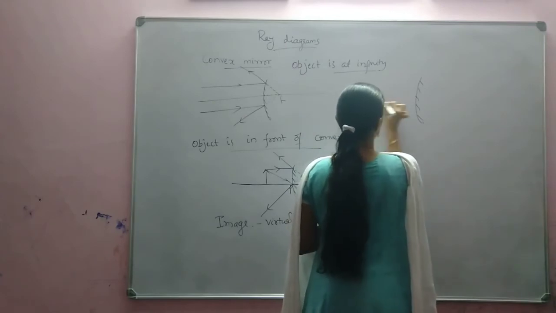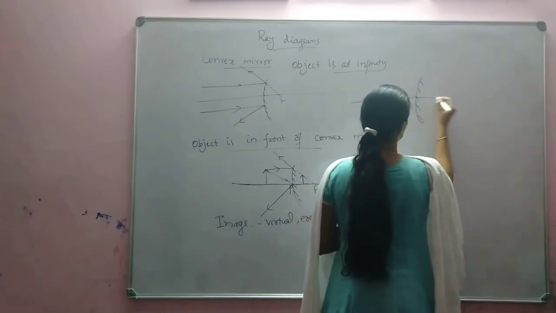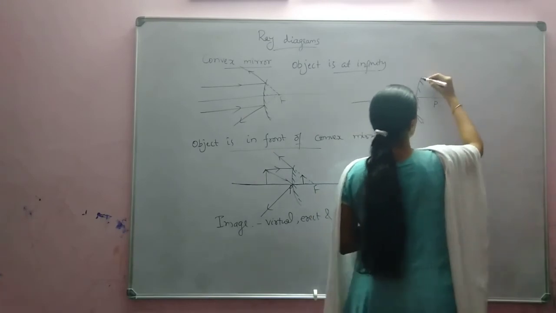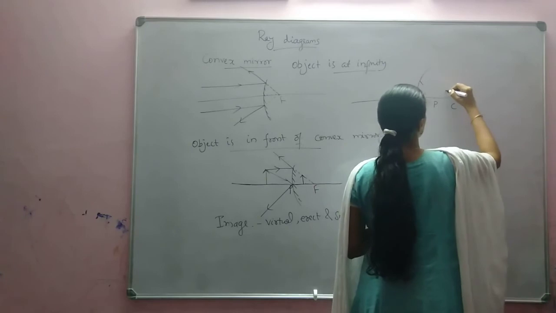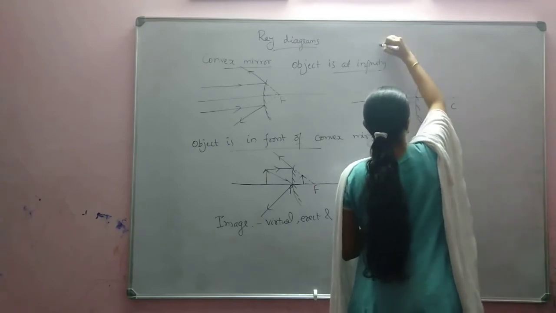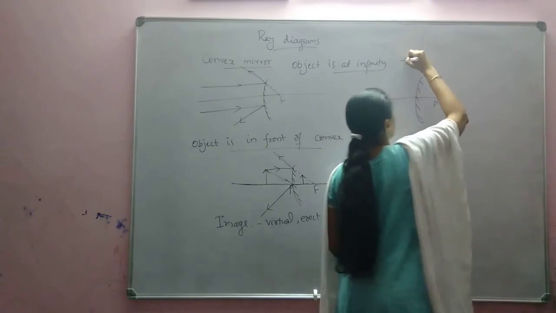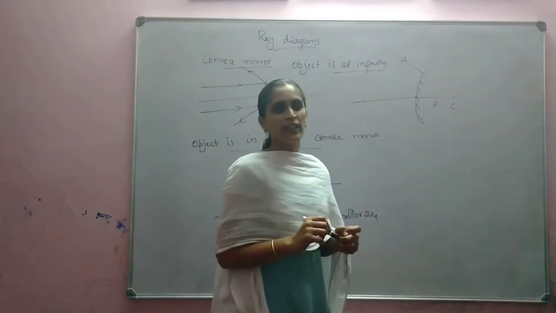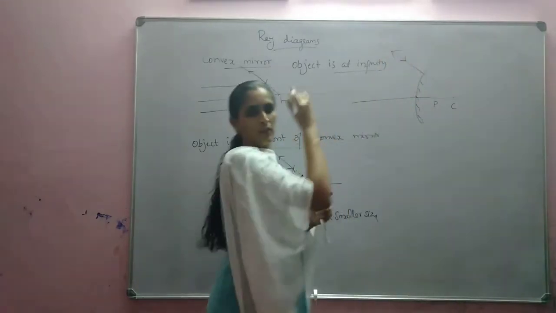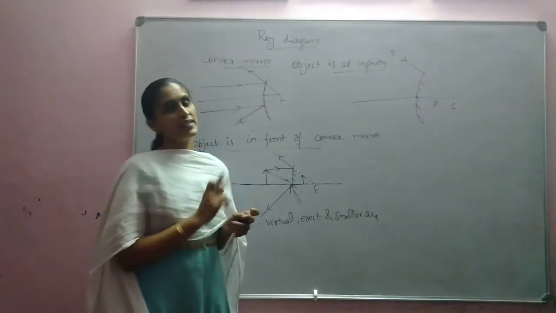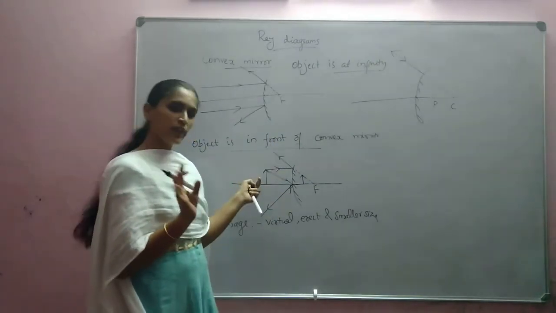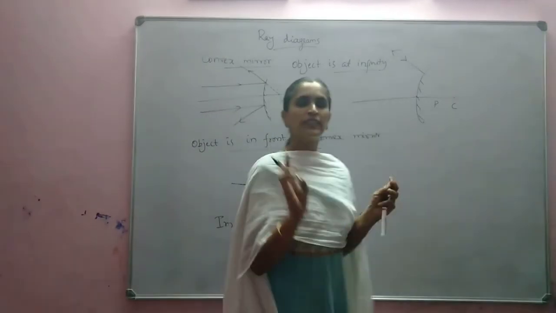Anyhow, two rays are needed, that's why it is not specified, but better you remember that also. This is P, the center of curvature. If a ray is incident in such a way that the ray is incident like this, what will happen to that ray? The reflected ray will also bounce back in the same direction. This is the case of normal incidence. Okay, is it clear? So in the case of a convex mirror, it is very easy.